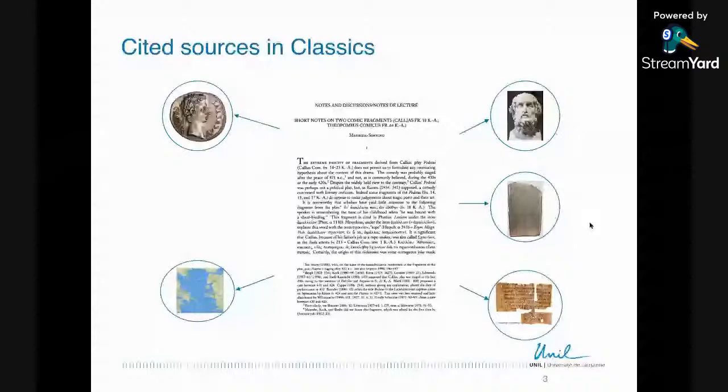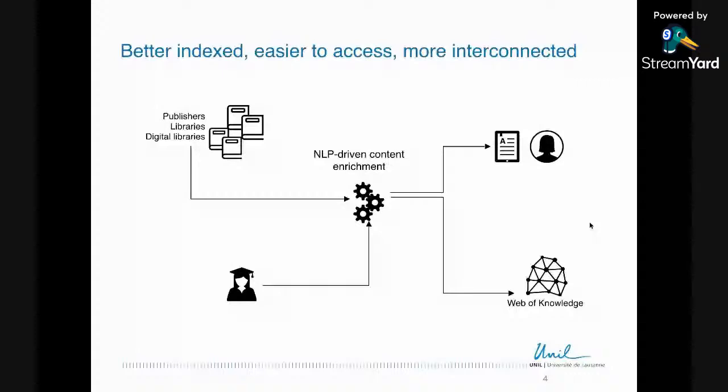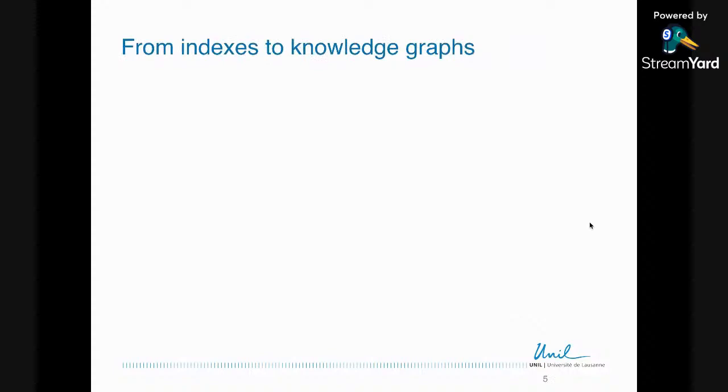And by doing all of this, what we actually do, because we are creating links between literature and the objects, the text they are talking about, we also create and make explicit a web of knowledge that is actually already implicitly contained in all this publication, just not yet accessible in an explicit way. And what do I mean by this? What I mean is that indexing this type of information is not something new. I mean, classical scholars have been doing it for centuries, really.